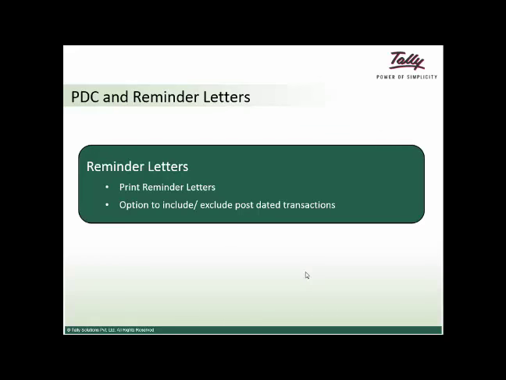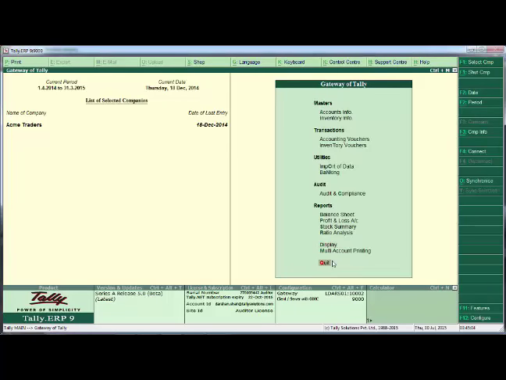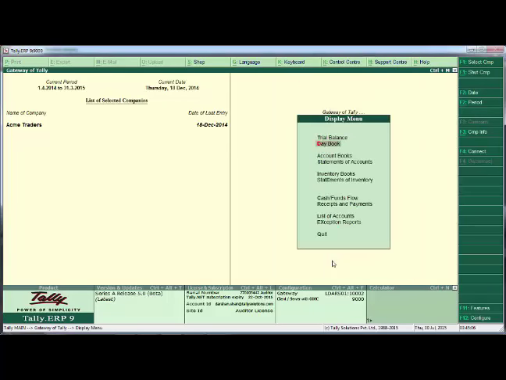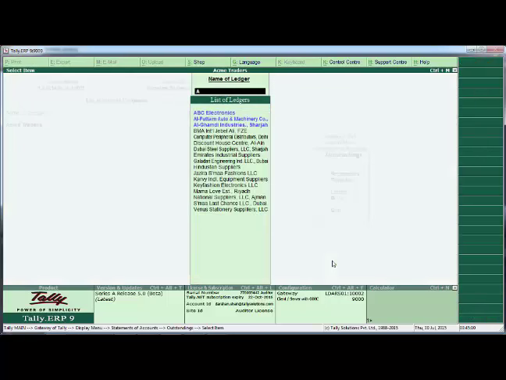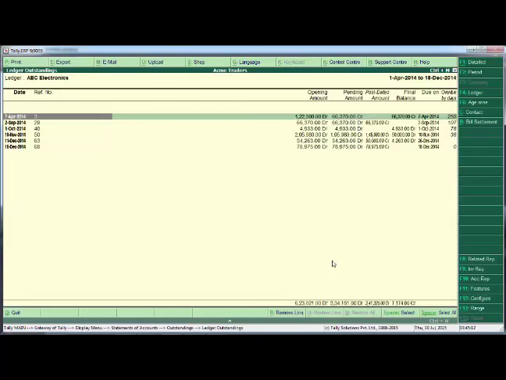PDC and reminder letters. With TALLY.ERP9 Release 5.0, you can now opt to include or exclude the post-dated transactions when issuing a reminder letter to the customer. Let us see how this can be done. From the gateway of Tally, you go to Display, Statement of Accounts, Outstanding, Ledger, PDC Electronics, and here we click Alt P for Printing,